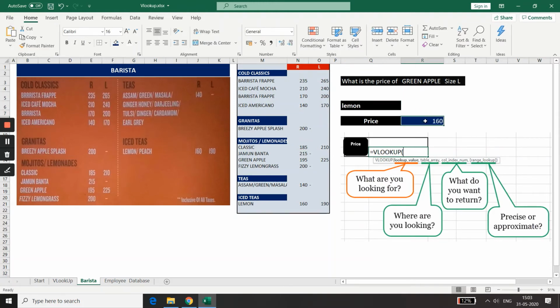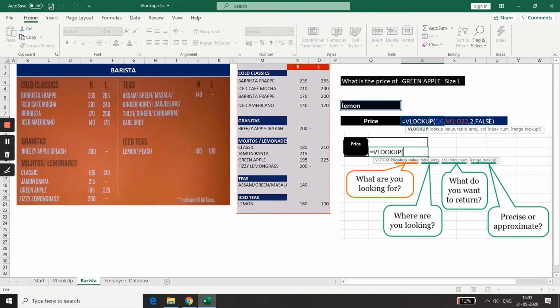Okay, let me tell you the rule between approximate value selection and exact value selection. So I'm just deleting this and I'm waiting here. True is the approximate match, false is the exact match. The moment I select approximate match, let's see what VLOOKUP gives for lemon.